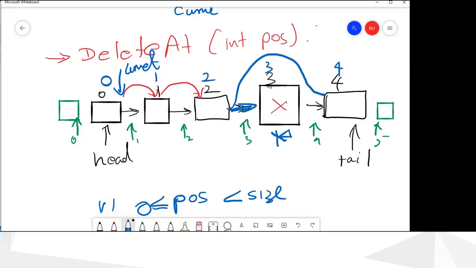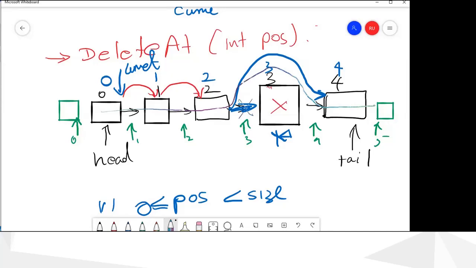Then when we move throughout the list, we will move like this. Since we have removed this one and put it here, you will go from here to here.